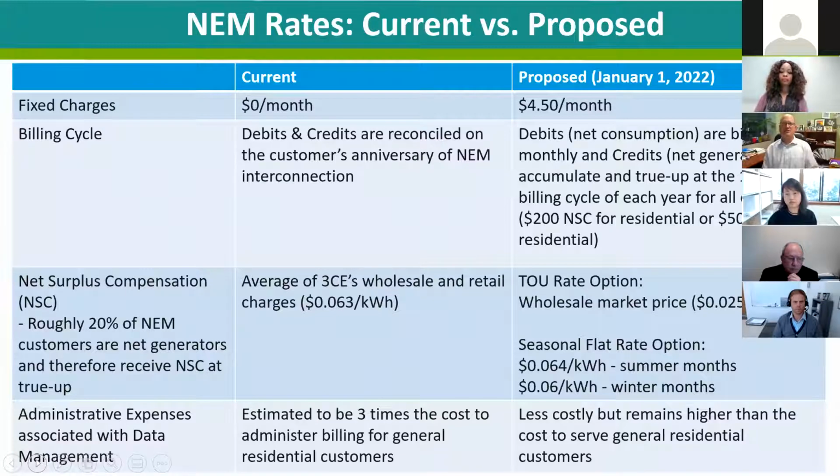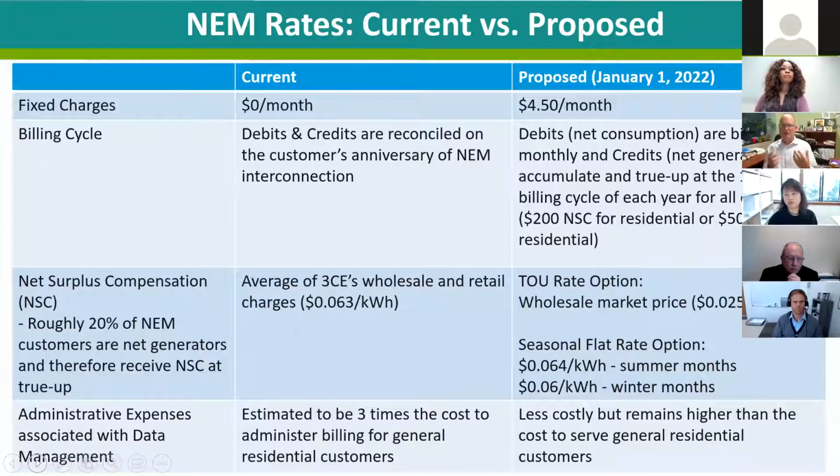So as I mentioned, I wanted to go back a little bit. We gave a presentation in mid-March on net metering rates and some of the changes that are proposed for net metering customers. And so I want to go over those a little bit with you now. And these are the same slides, again, if you pull that up from the previous presentation. So I'll just walk through some of the current and then the proposed. And again, that proposed is going to be effective January 1,